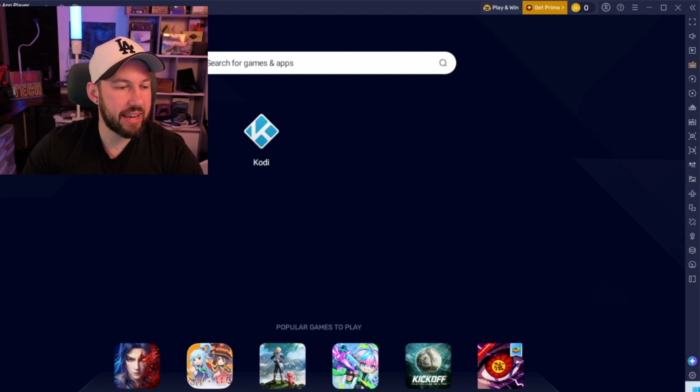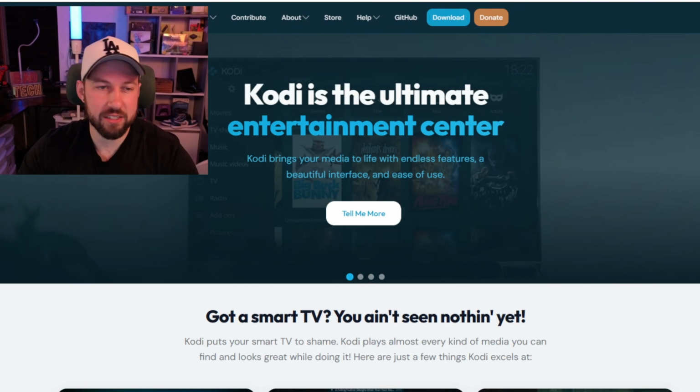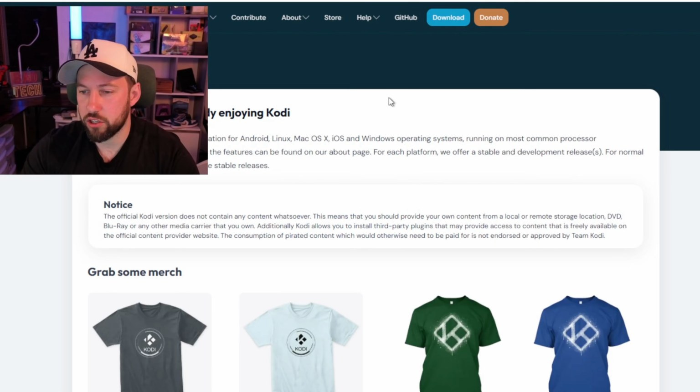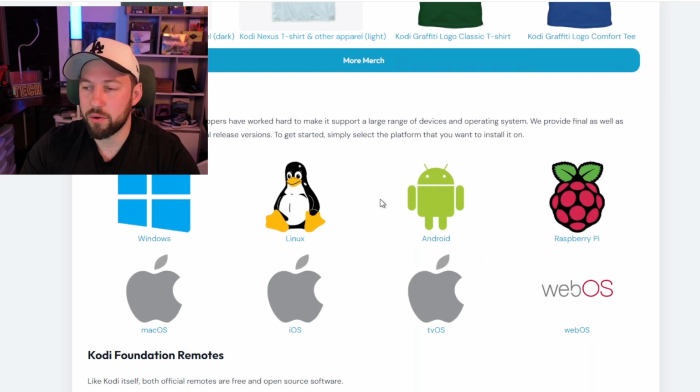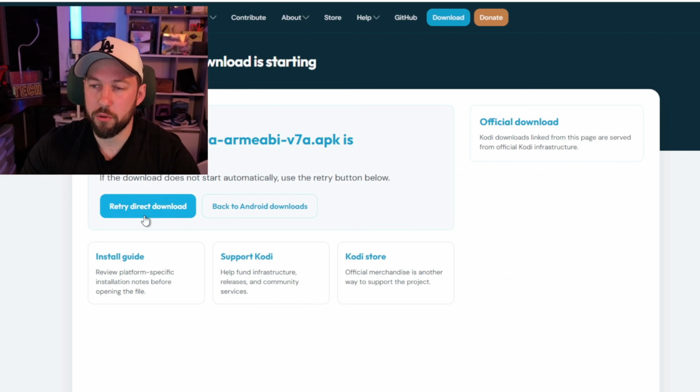So for this case, we're actually going to head to Kodi.tv because it's an official application, completely legal. So that's what I'm going to show you how to install on here. Of course, you can install any application you want. So head to download, and then I'm going to get the Android-based copy right here. We're going to install the 32-bit, although I'm pretty sure I could install the 64-bit, and then go ahead and